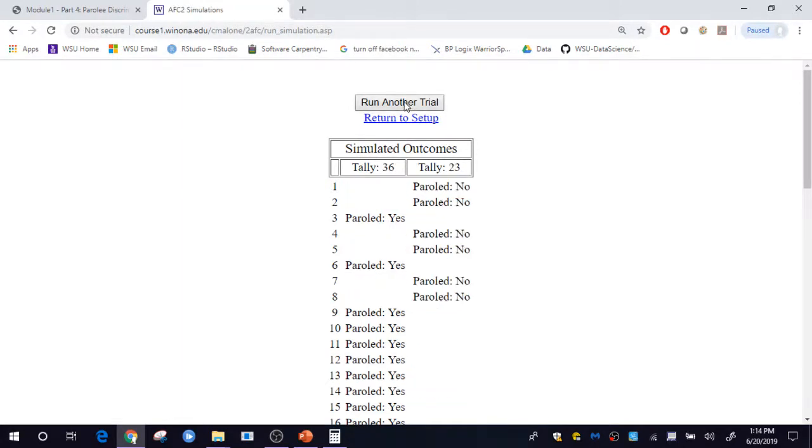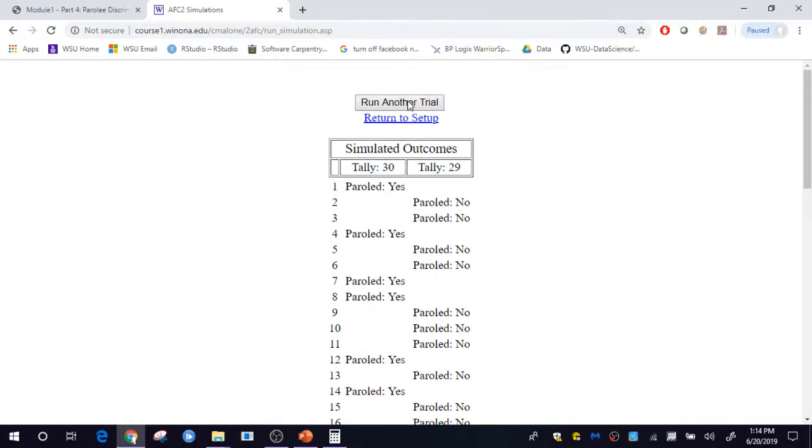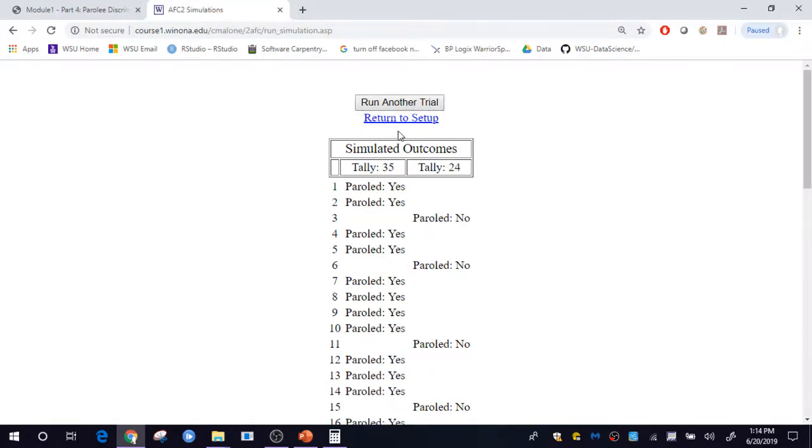If we run another trial, see that I got 36 here. Now these values here should be around 35. So there's a 31, a 30, a 39, 38. Okay, so the expected quantity here should be 35. We actually call these quantities a statistic. A statistic is just some summary measure that I get from data. So that 35 is actually a statistic that I want to keep track of as I go through these simulations.